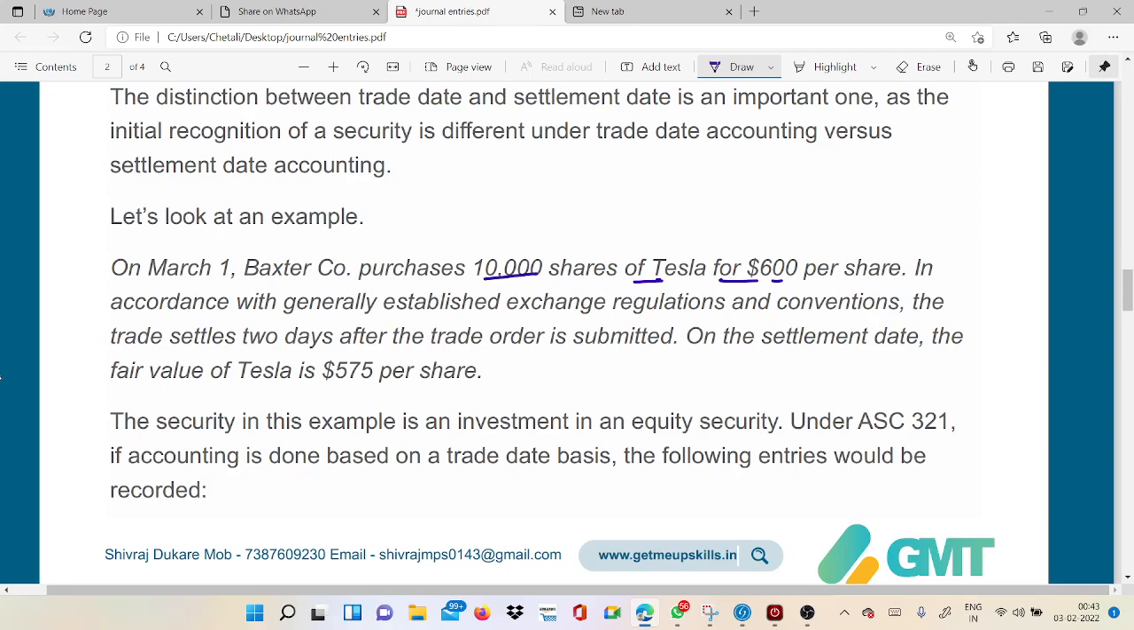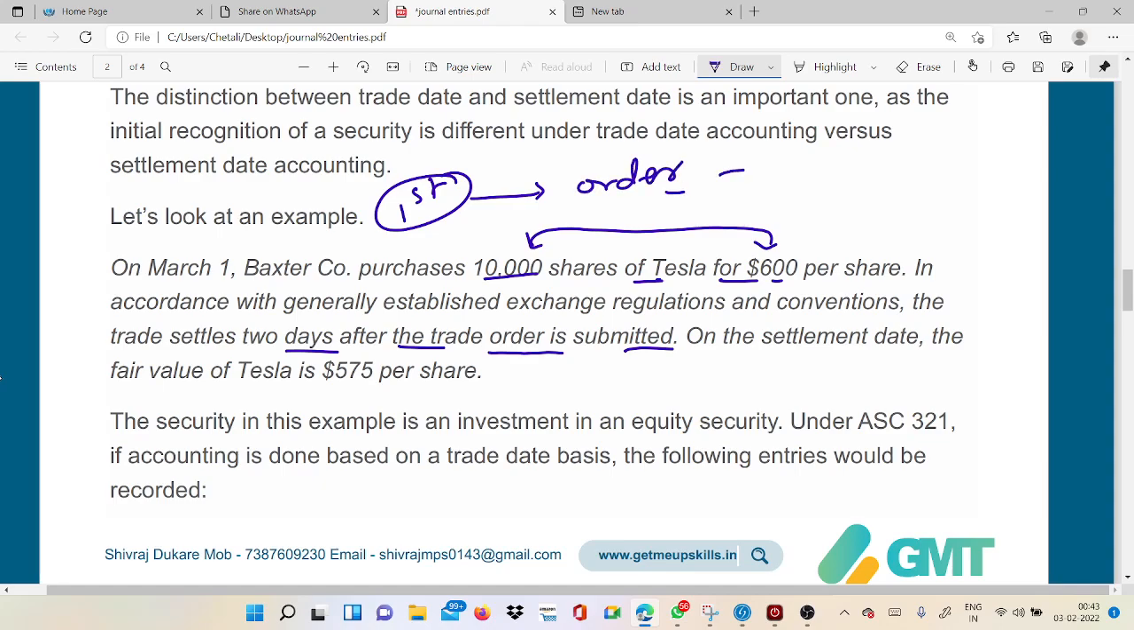Trade settles 2 days after the trade order is submitted. If we want to purchase the securities on the first day, what do we do? We create an order that we want the securities of Tesla for the price of rupees 600 per share. So we provide those instructions to the broker,